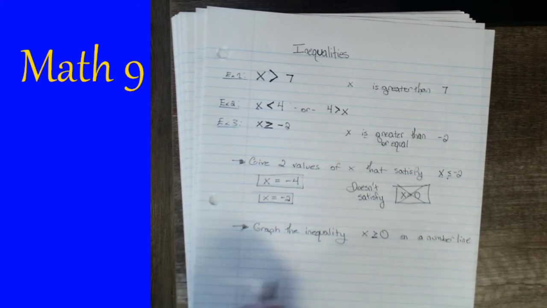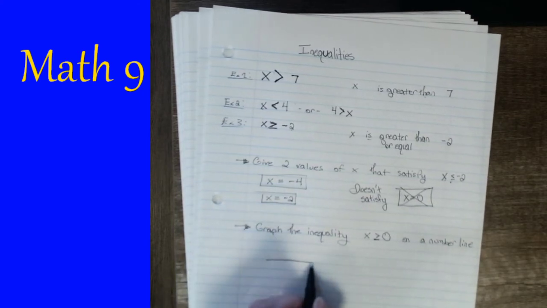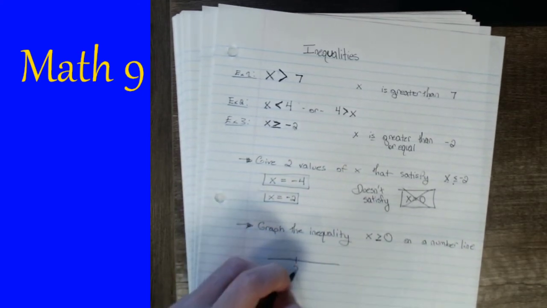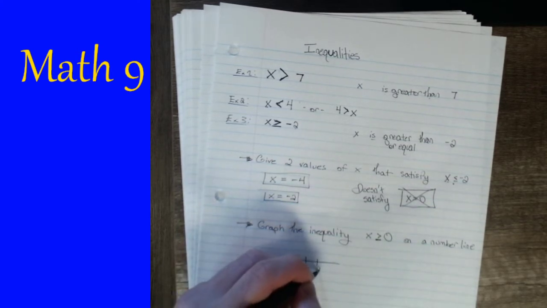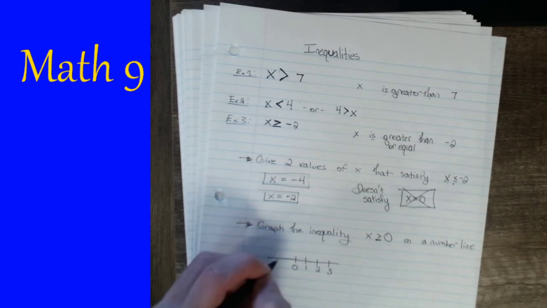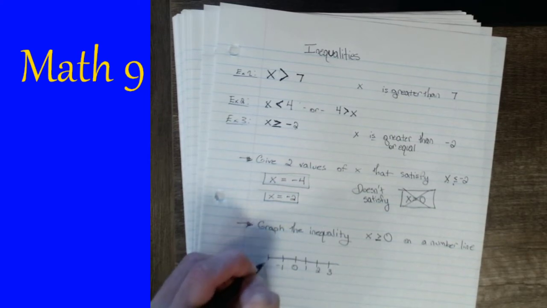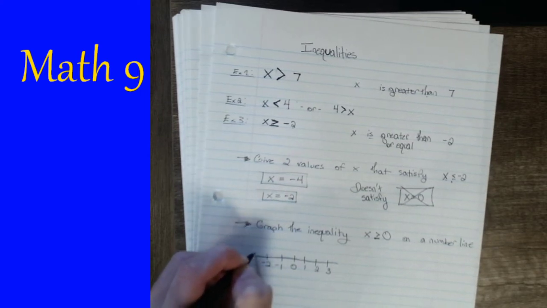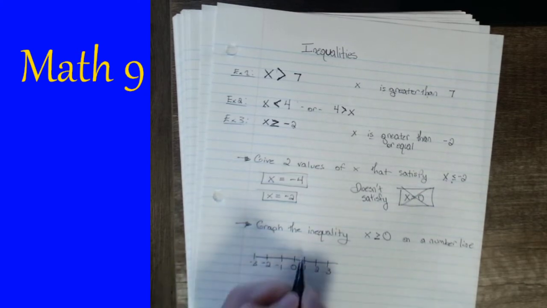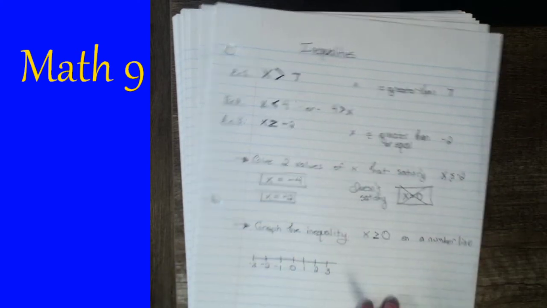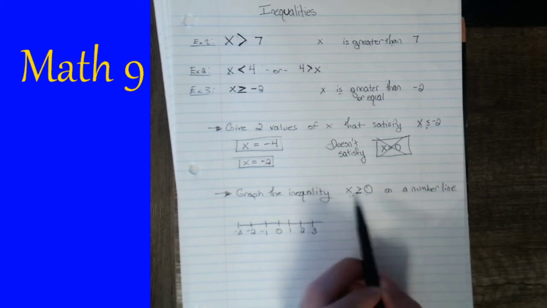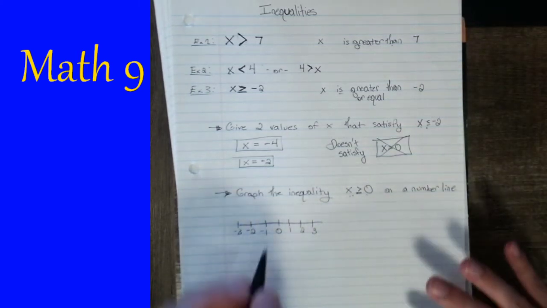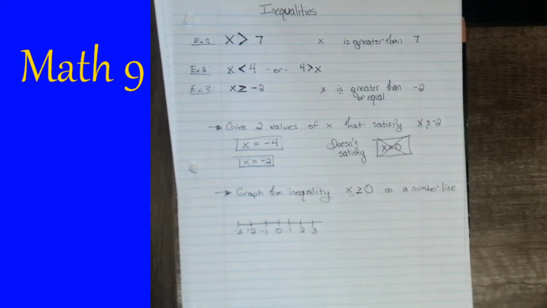Here's a number line. If we want to graph x being greater than or equal to 0, how we represent that is simply